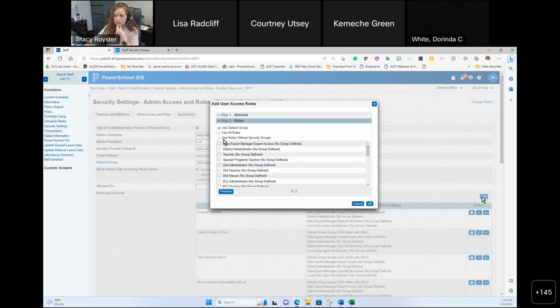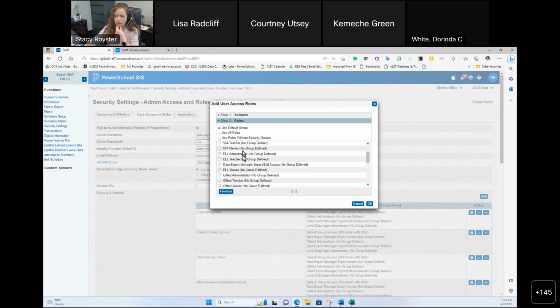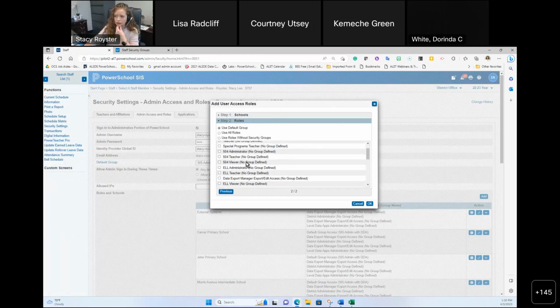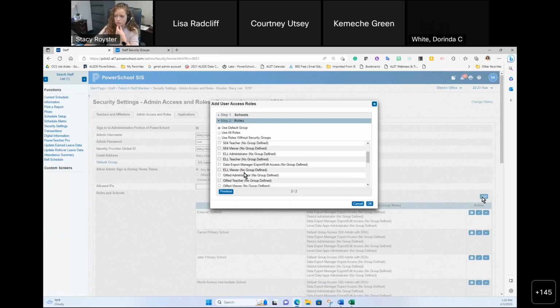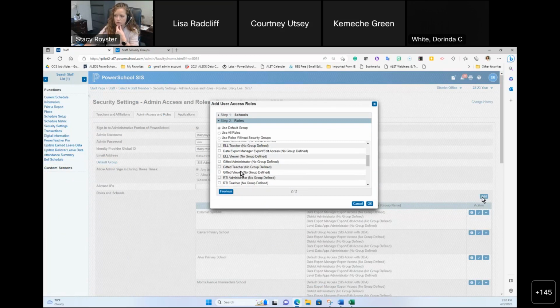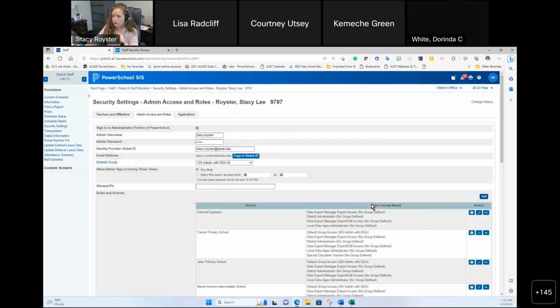I can actually give special education, see these same mappings? Here's 504 admin teacher viewer, EL admin teacher viewer, gifted admin teacher viewer, RTI, special education. Those same roles are the same groups that I saw over there. I can give special education teacher rights